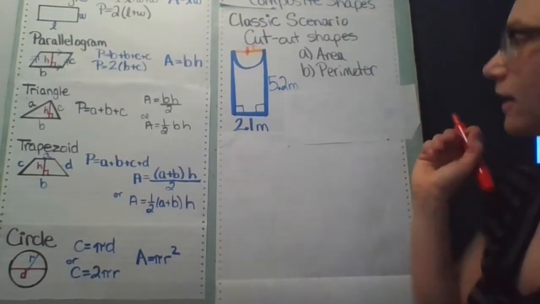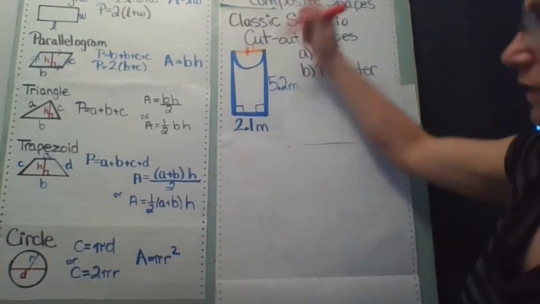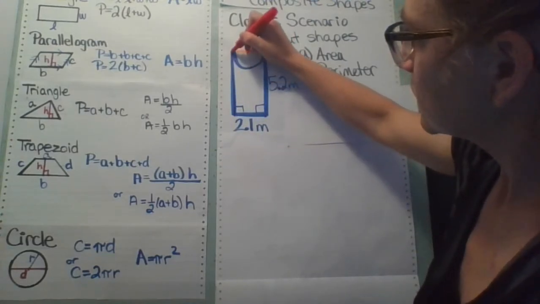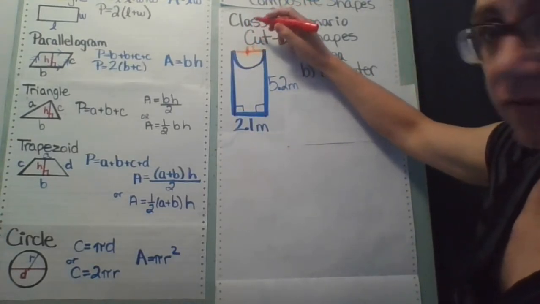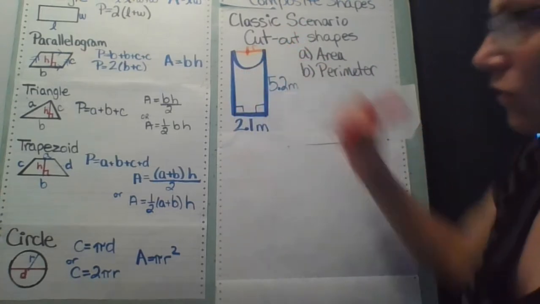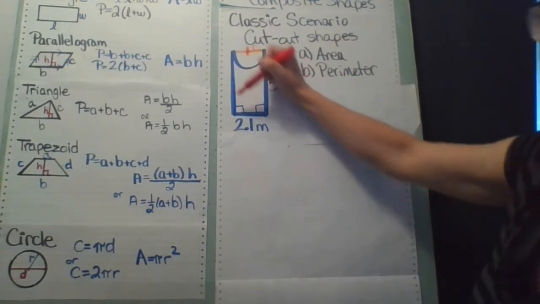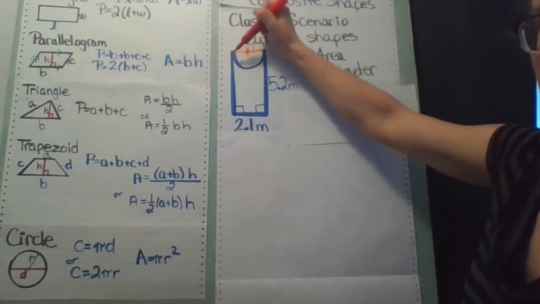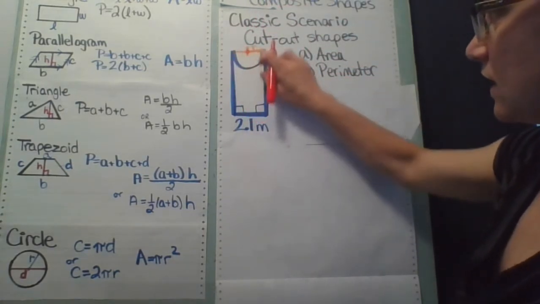Okay, time for perimeter. So perimeter, remember, is the path around the outside. So I have this side, again half of a circle, down this side and over that way. So I've got 3 sides, no problem. This side is a little bit trickier. So what we need for this part